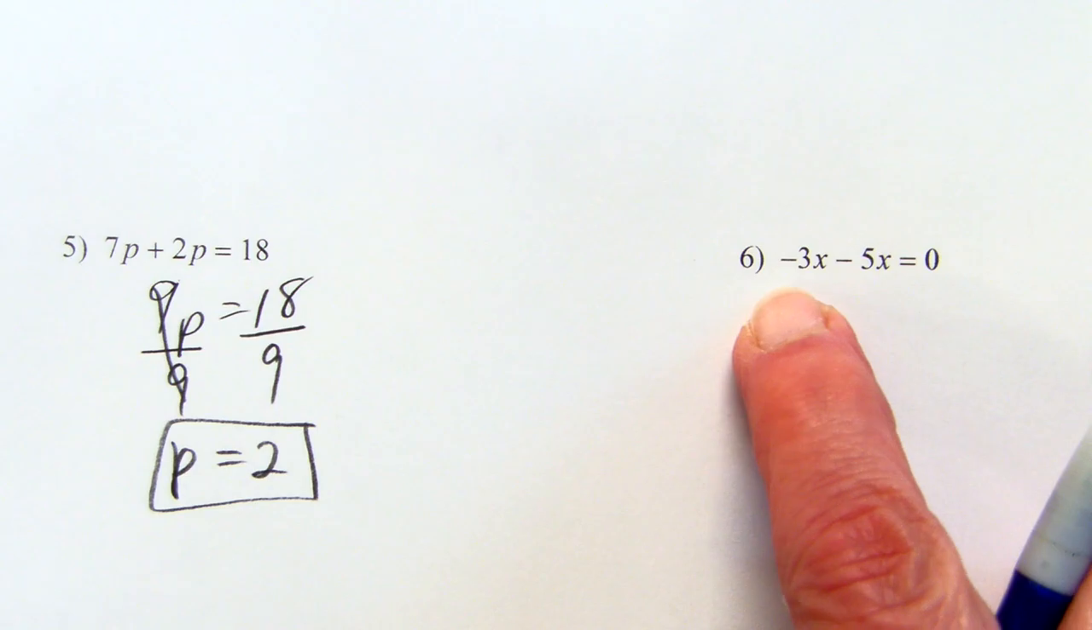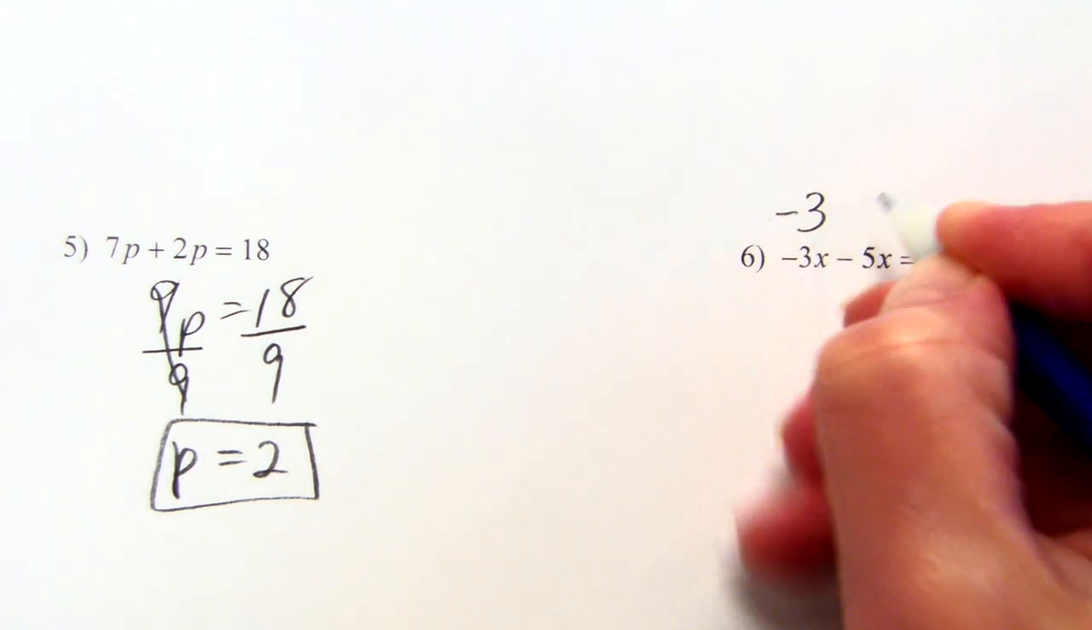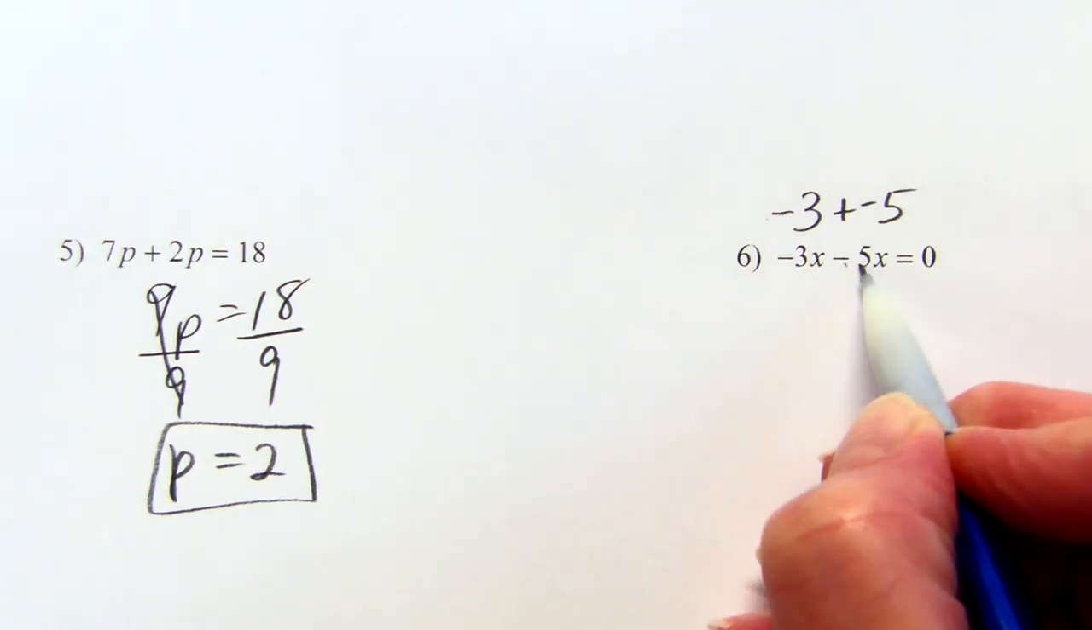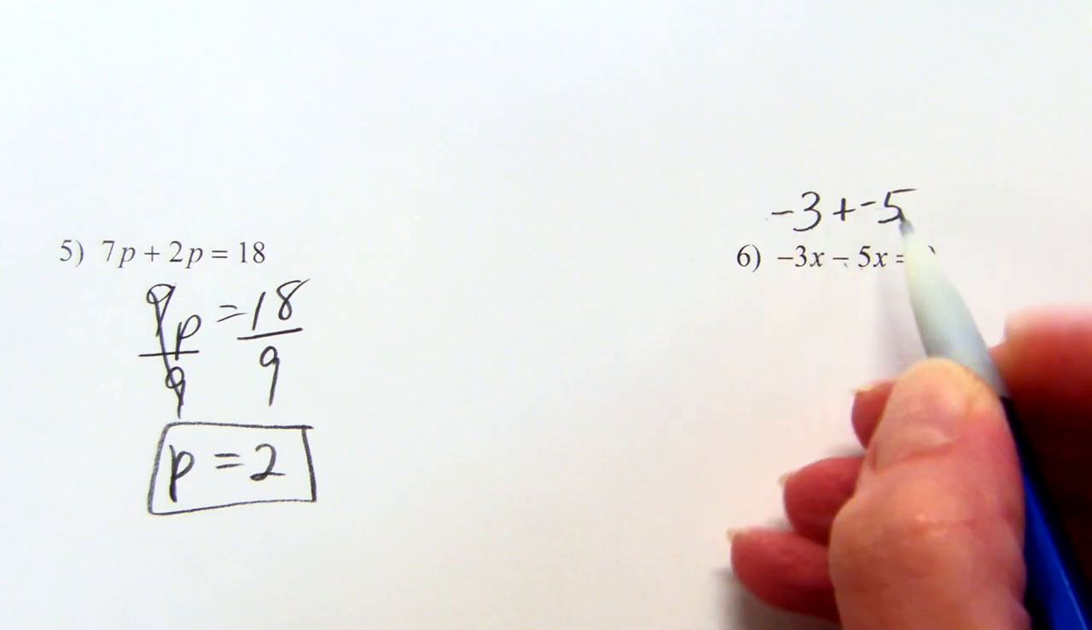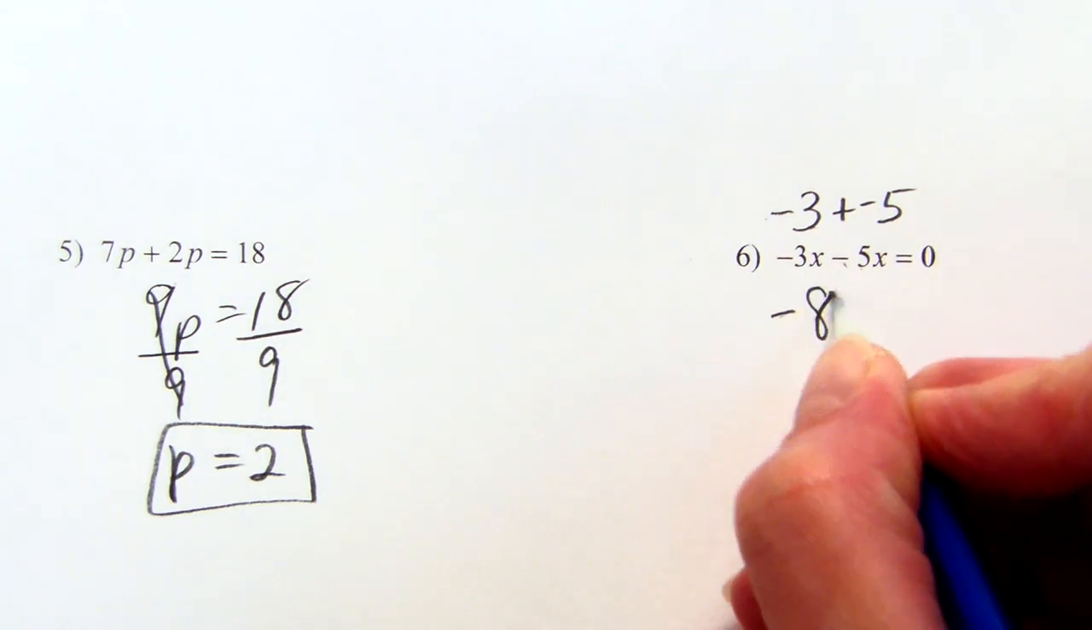And then the last one, we've got some negatives, so negative 3x minus 5x. You could think of this as negative 3 plus negative 5. Just think of that minus as a negative. So when I put those together, I'm going to add 3 and 5 and then keep the negative sign, so